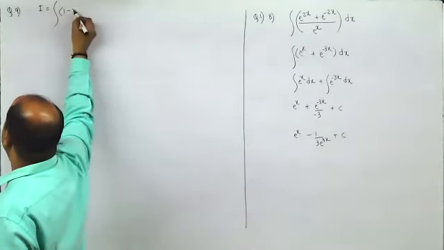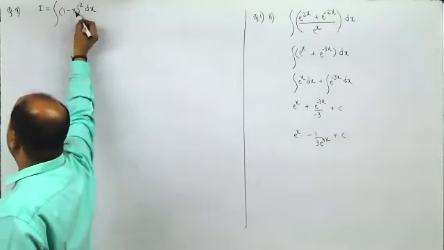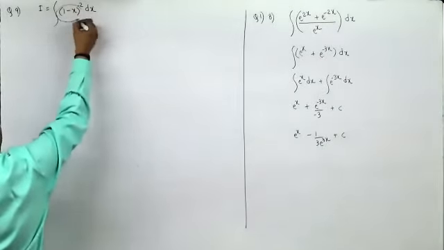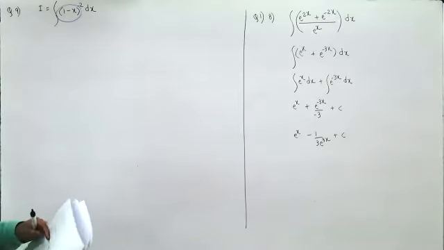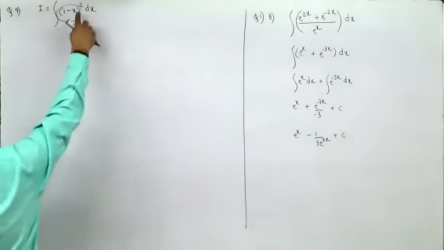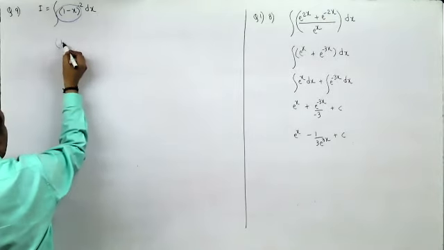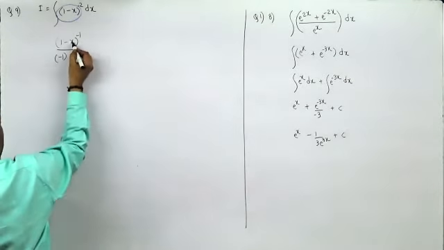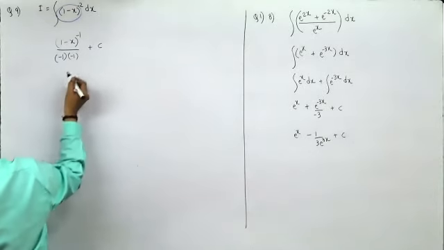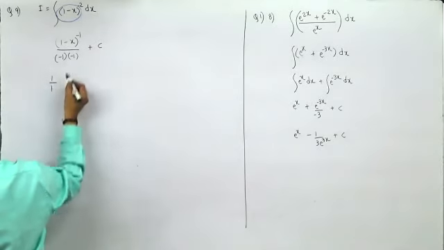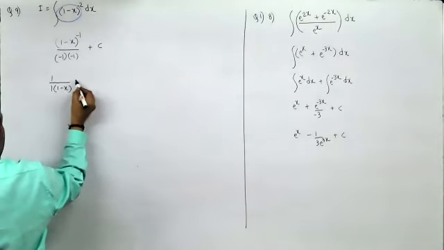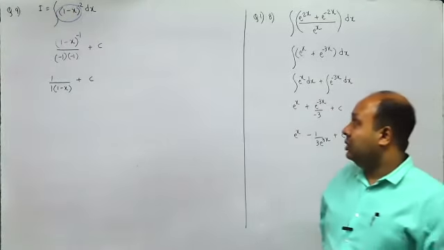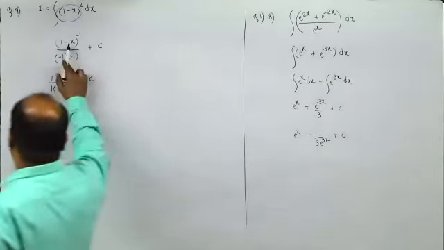One minus x raised to minus 2. You can treat this as x, so this would be x raised to n. Since this is x raised to n, the formula is not valid only for x raised to minus 1. Otherwise, this would be valid. So x raised to n plus 1 upon n plus 1 into the coefficient of x plus c. So this would be 1 upon 1, and here this would be 1 minus x, plus c. Or you can say even this is same as this.